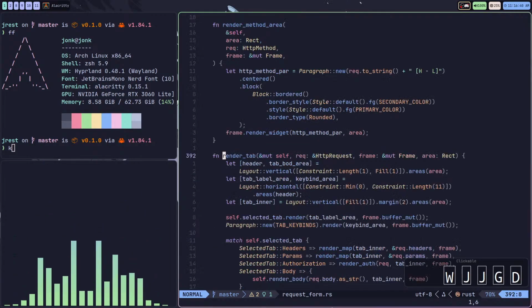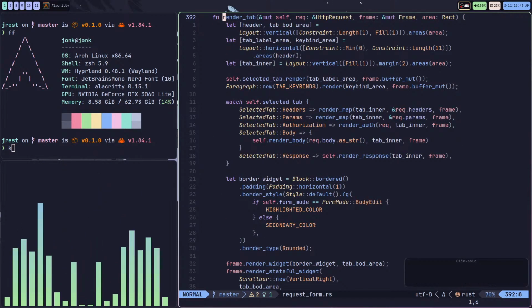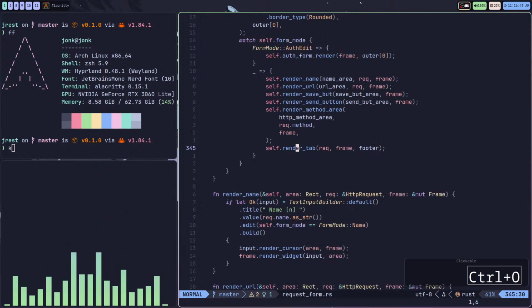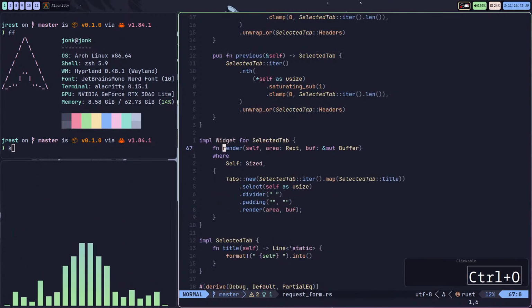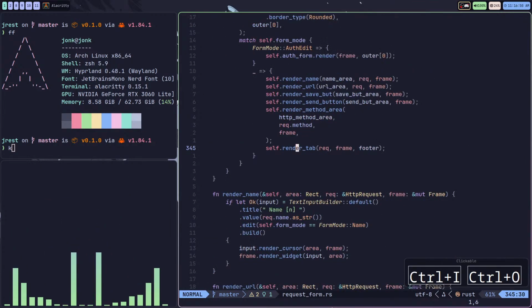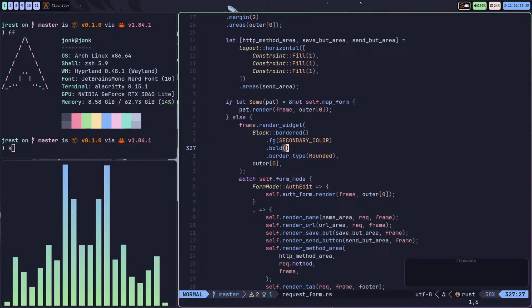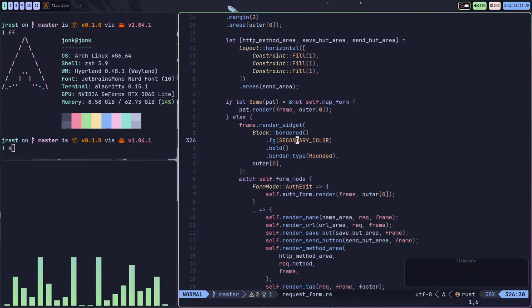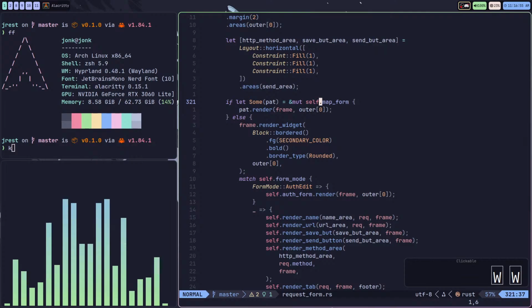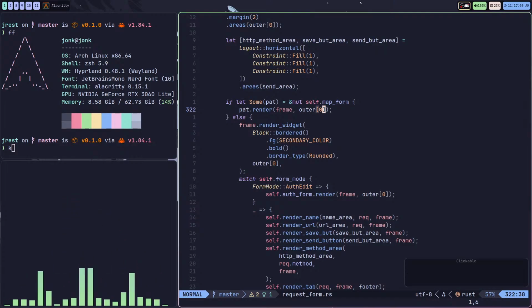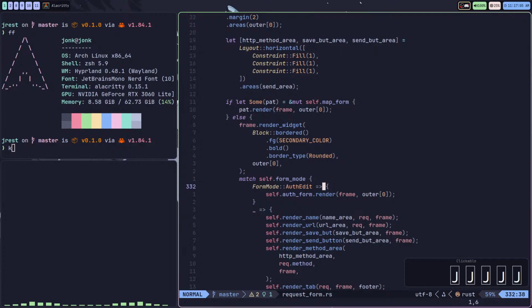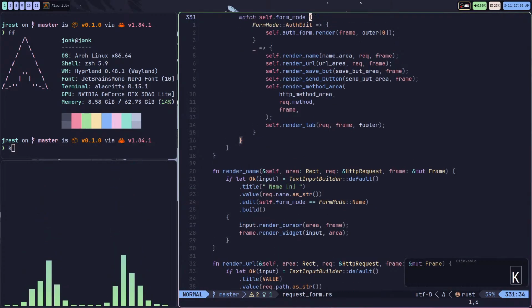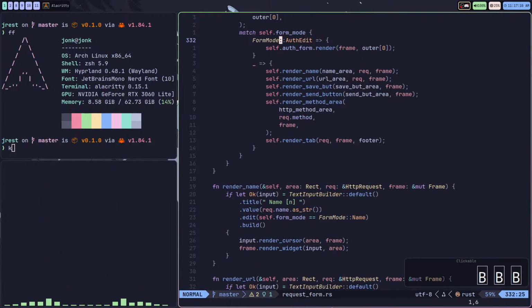Render tab. Wait, how is it? No, it's up here, right? So it was something like, if I had a map form, I pop that up. But then for the authorization thing, if form mode is auth edit,